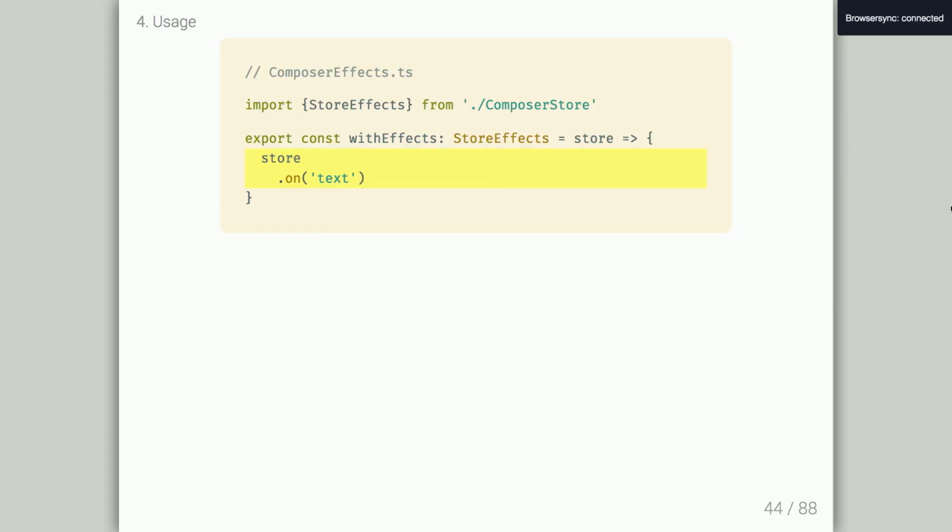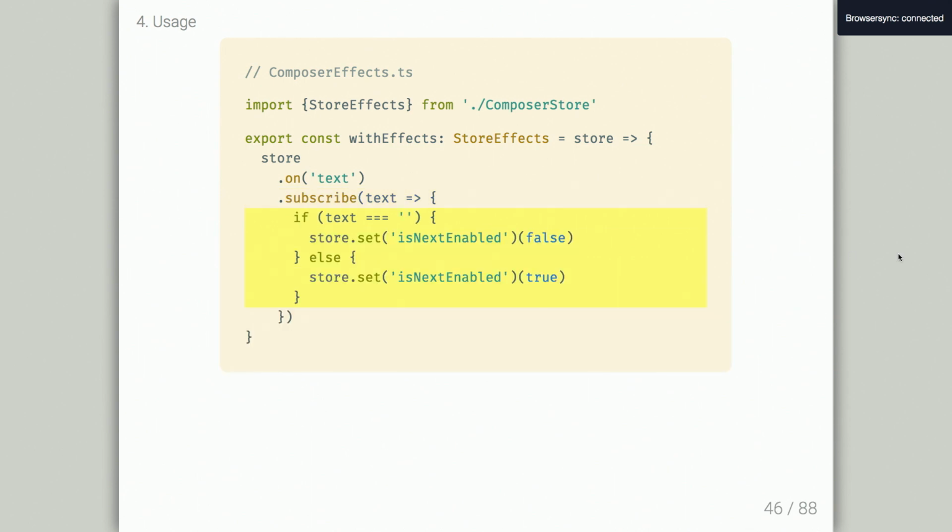So to listen to a field change on the store, it's just .on. And you do .on, .subscribe. It's a little bit different than jQuery or like node emitters, but it should feel very familiar. And again, this is completely type safe. So if you misspelled text, it's a little red squiggly right as you typed it, right in your text editor. And then here at compile time, we know that text is a string.